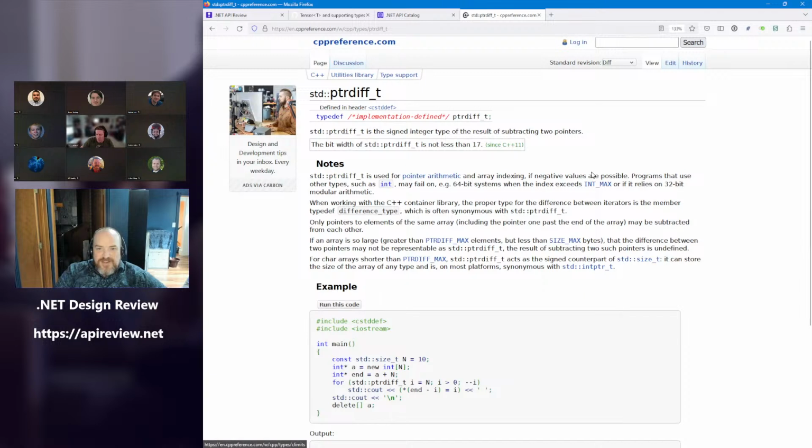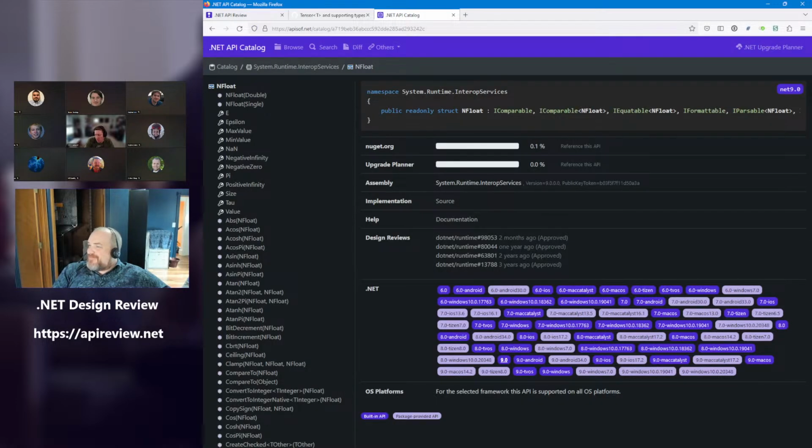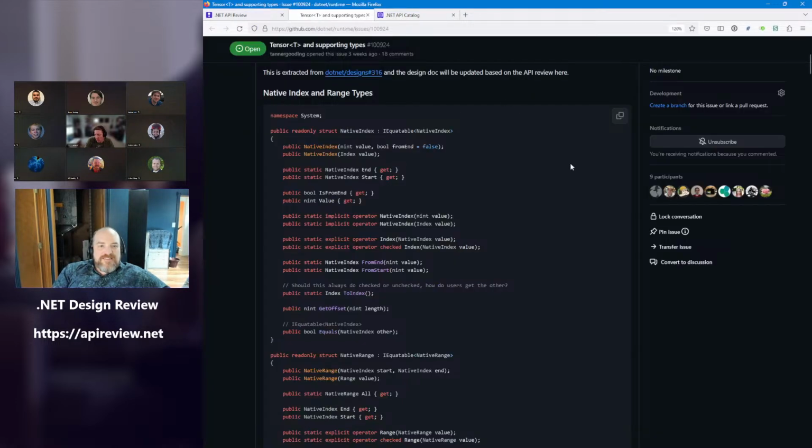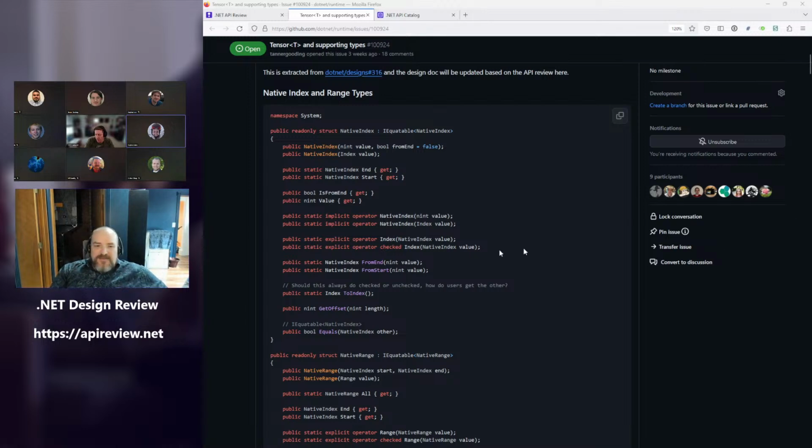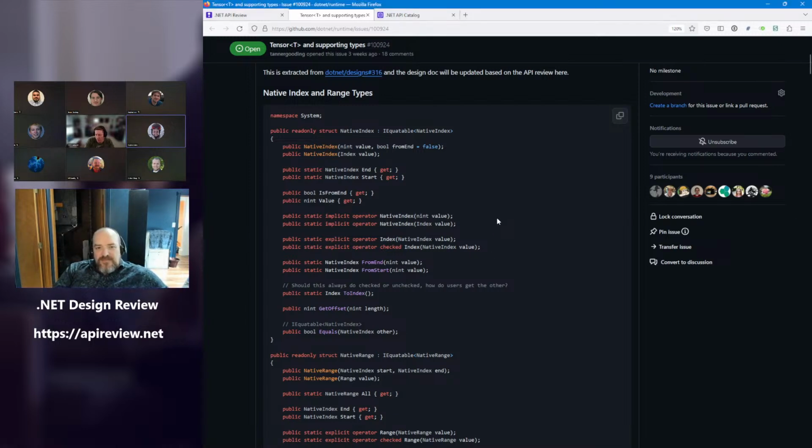Yeah, but cppreference being the all-things Bible, they claim that ptrdiff_t is used for array indexing if negative values are possible. So that's why I threw ptrdiff_t in the mix, because with the hat we sort of have negative indexes. So clearly, size_t index. All right, solved. No.